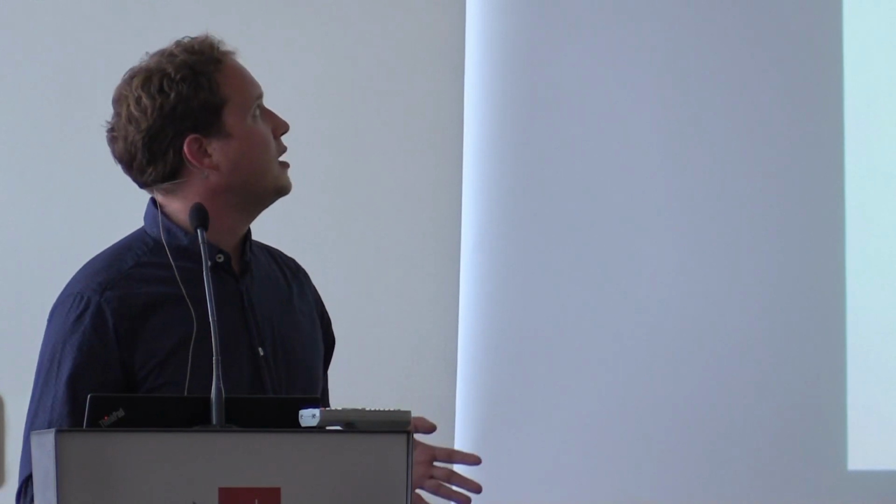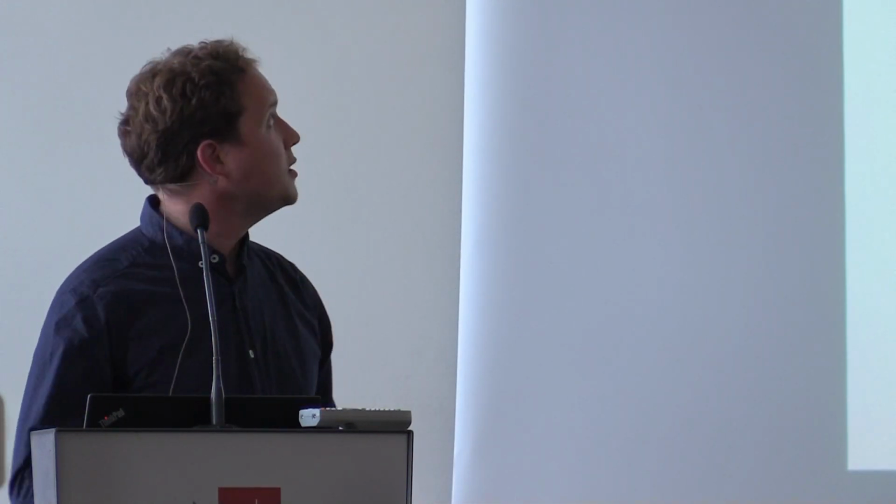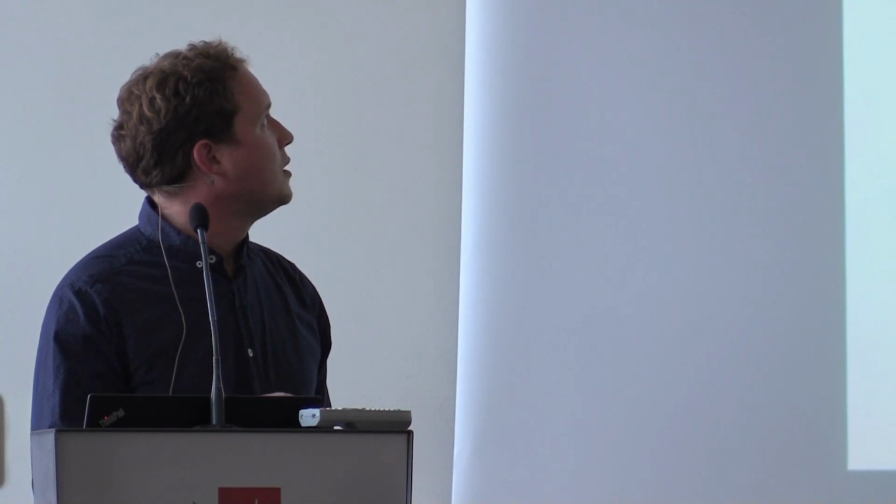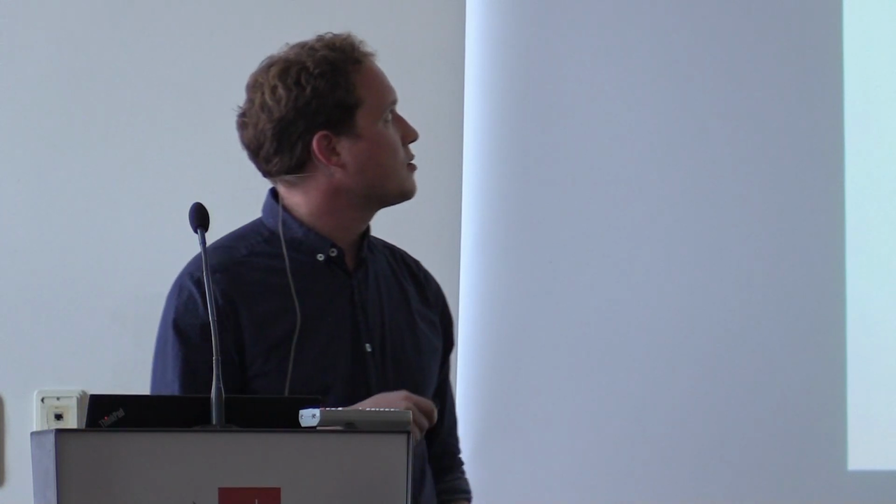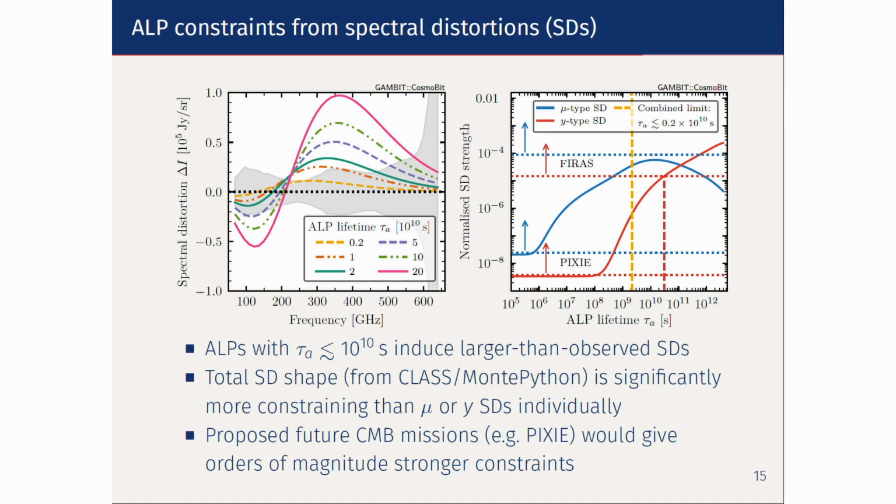So maybe from all of these, let me focus on the spectral distortions a bit, because it's something that's perhaps not discussed much in the literature. As you can see, there is a very tiny amount of spectral distortion. These are the error bars from the measurement, the gray shaded region, that would be allowed across different frequencies, and depending on the ALP lifetime, you inject more or less energy into the spectrum. And since we are doing this in a unified framework, we don't do what has been done in the past, namely look at particular types of spectral distortion.